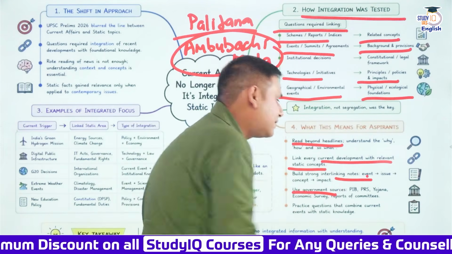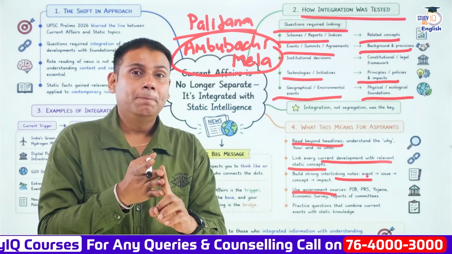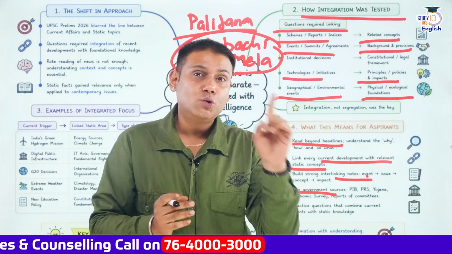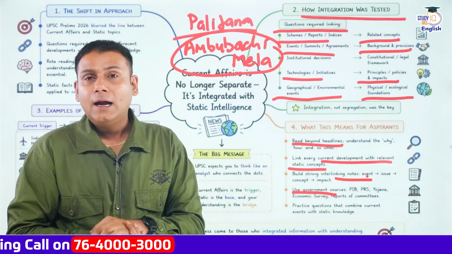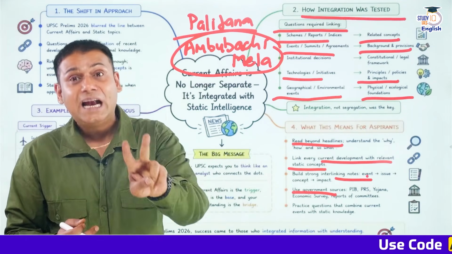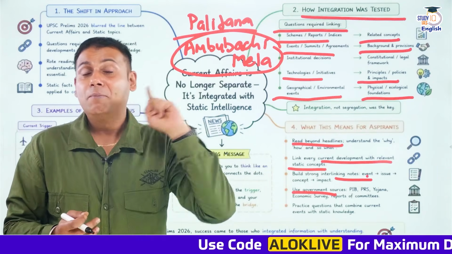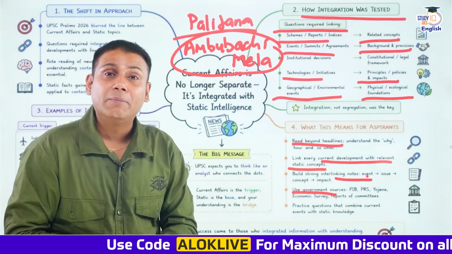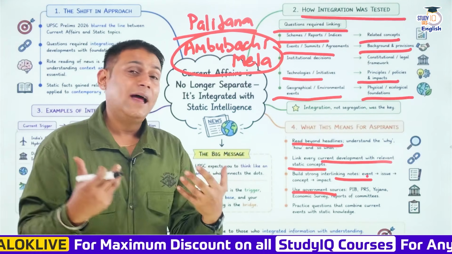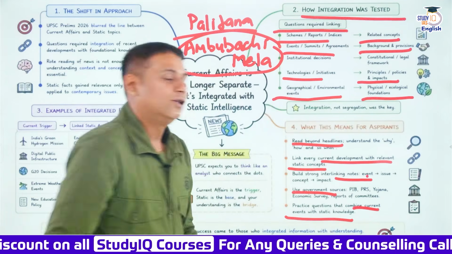Use government sources such as PIB, Prasar Bharati, Rajya Sabha TV. Then apart from this, also compulsorily go through magazines such as Yojana and Kurukshetra. And if possible, you can also go through Economic Survey Volume 1 and 2. And secondly, please do not ignore the budget. Although it might be boring, although it might be monotonous, please go through the important terminologies associated with the budget. Okay. And the last thing meant for the aspirant is to combine current affairs with static knowledge.